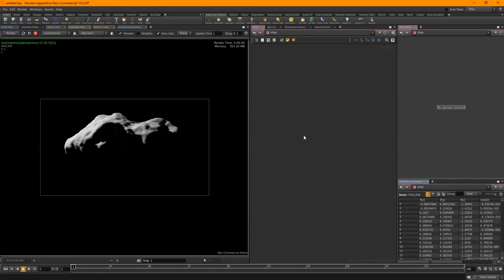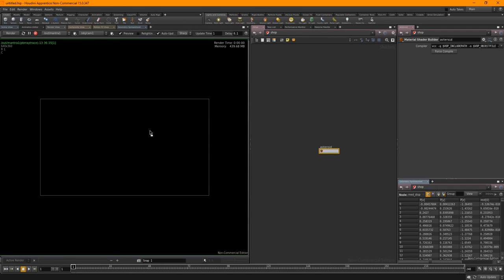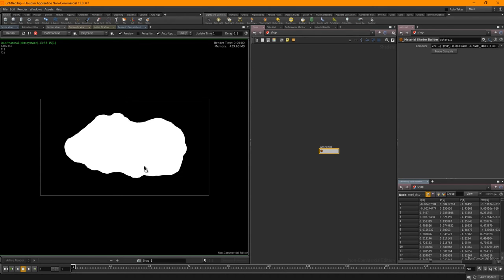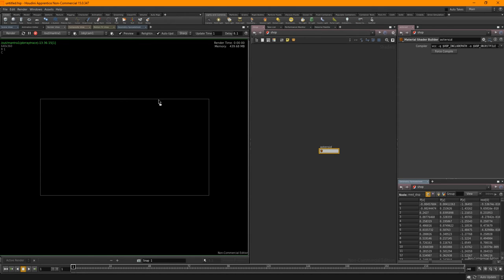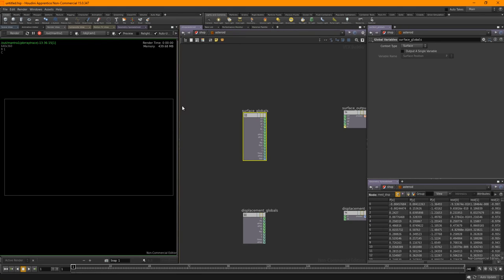Let's jump over into shops. I'm going to put down a material shader builder. Okay, we may as well call that Asteroid, because it is. Now I'm going to assign this just by dragging and dropping into the render view here, and everything will go black. Boom. So where's it all gone? Over the render view, if you hit A, you see the alpha channel. It does exist. Press C to go back to diffuse. Yeah, so the reason why is because there's nothing going on in here. Okay, not a stitch.